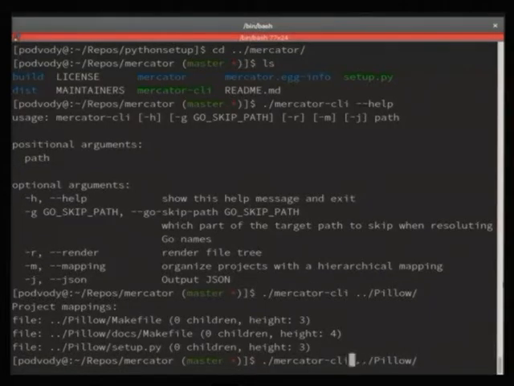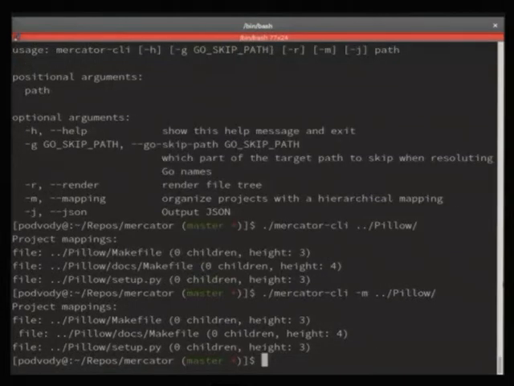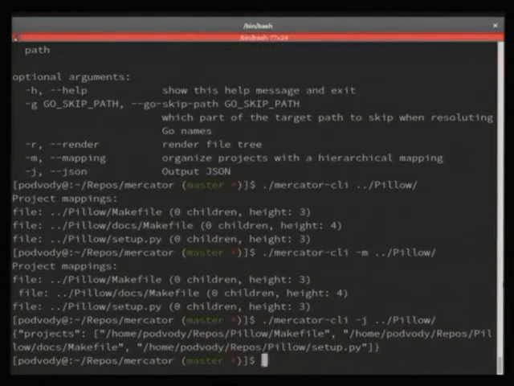What we can now do is that we can also get back graph-like mapping, where we see that the one makefile is actually a child of the top makefile. And there is also this JSON output possibility, which will tell you what all projects are there. This was a rather easy example. So let's try how it tackles